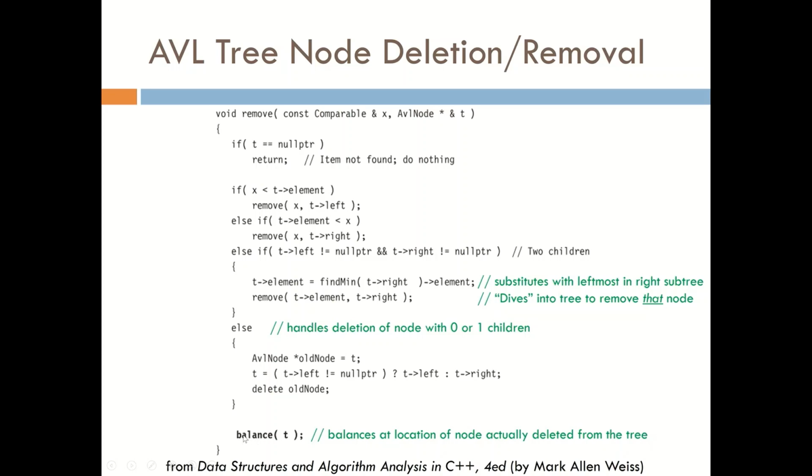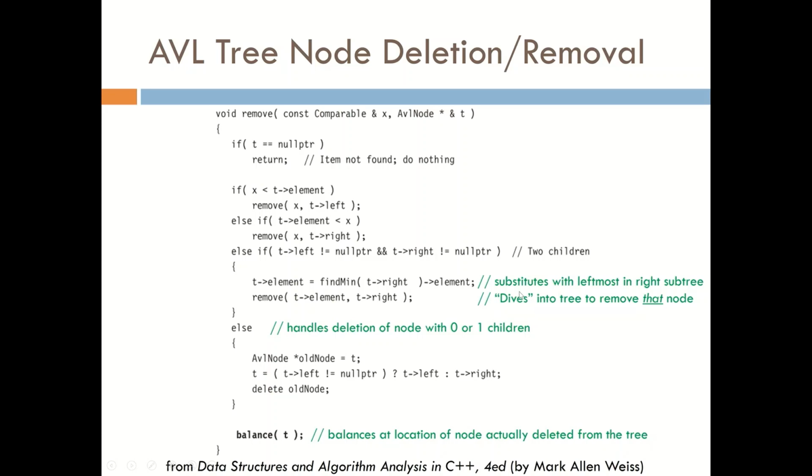And then you notice that it also, like insert, rebalances the tree, and this ensures again that this rebalancing takes place at the lowest possible point of an imbalance in the tree. Okay, so it recursively calls itself here and here, and then it handles the deletion of a node with two children. In this case, it actually substitutes the leftmost node in the right subtree, and then dives further into the tree to